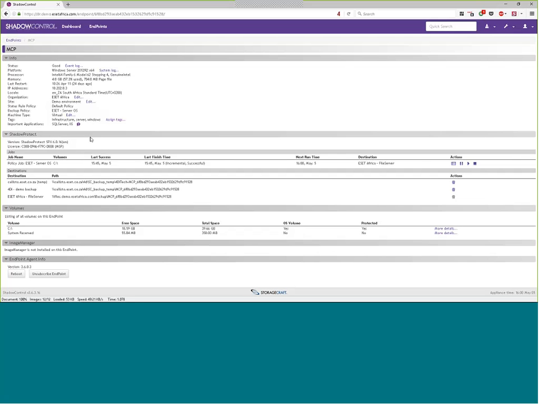You can also see the license key that's currently assigned. In the event of a machine that does not have a license assigned at the moment, there will actually be an activate button that you can use to provide the license key, and you can actually activate the agents remotely.